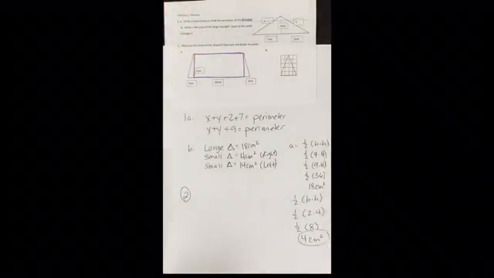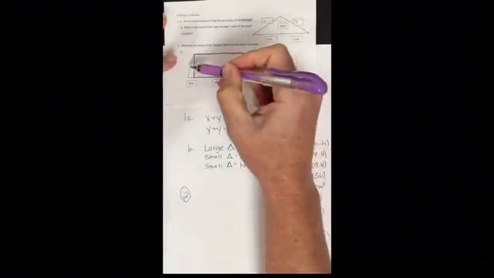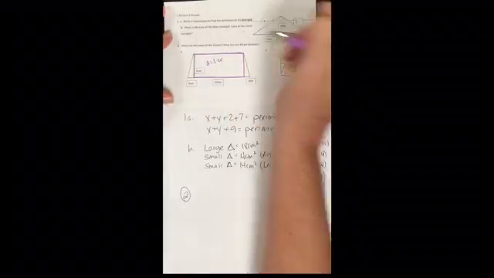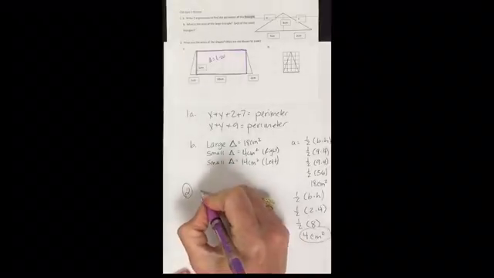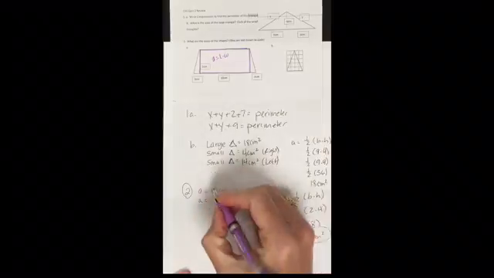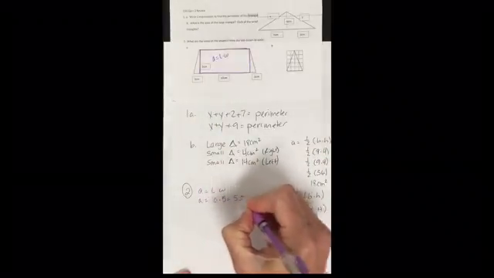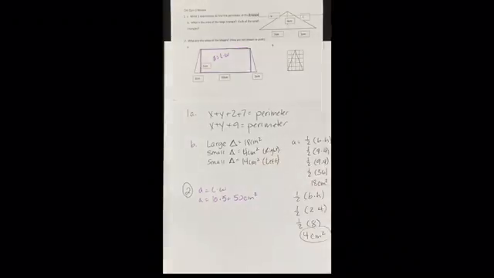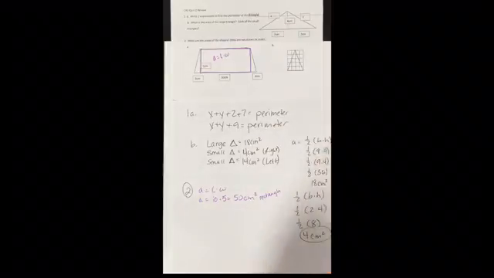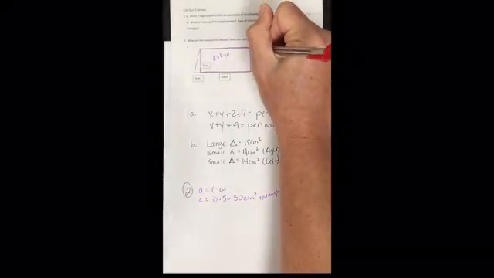So if I'm looking for the area, then I'm going to look for the area of the rectangle, the area of this triangle, and the area of this triangle. So area of a rectangle is length times width. So when I'm looking for the area of that rectangle, all I need to do is multiply its length, which is 10, times its width, which is 5, and that tells me that it is 50 centimeters squared for the rectangle. And I could label that rectangle. Now if I do the right triangle, this one,